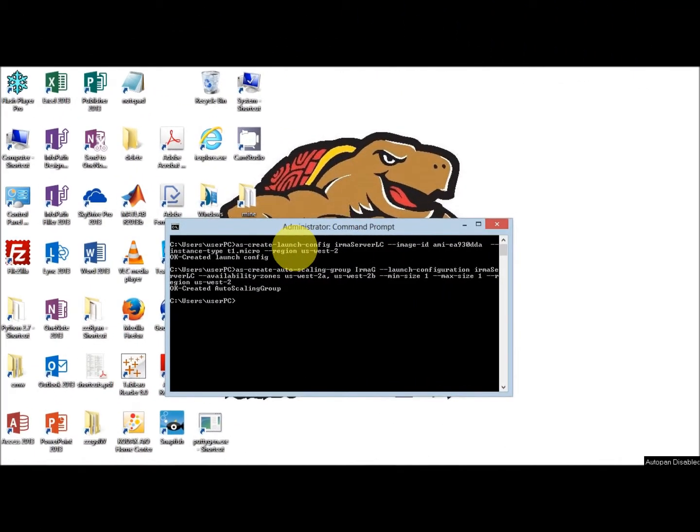Once we have the AMI, we can create the launch configuration using this command. We're going to provide the name to the launch configuration, the image ID, and the type of instance we want to create. In this case, I want to create a micro instance in the region. I hit enter, and once I get the OK,